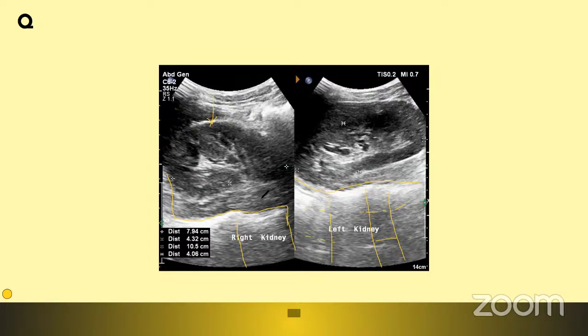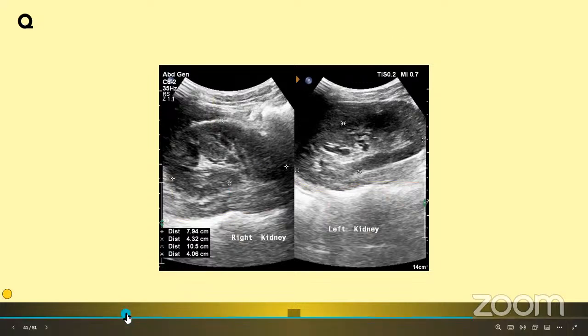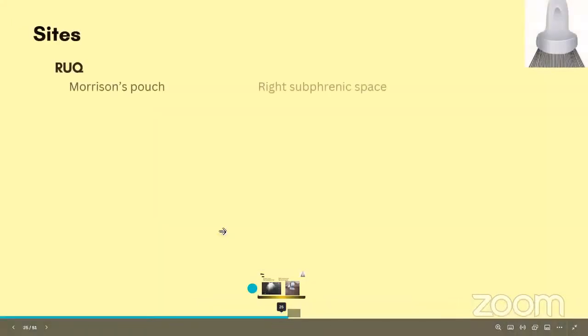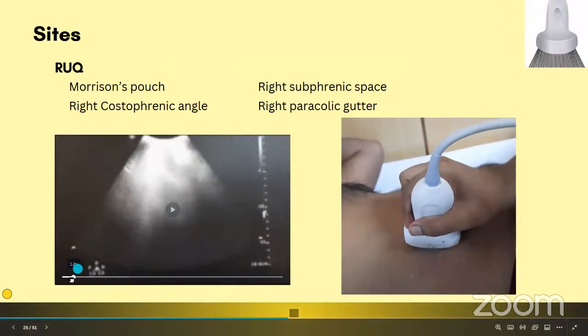So what is this artifact? We saw it earlier, just about 2 slides ago. This again is PAE, posterior acoustic enhancement, which signifies that since we are having acoustic enhancement here, how to say whether this is acoustic enhancement or something? So again, the main answer is you need more experience. And also, this is what I learned intuitively, one of the things which I saw while I was doing ultrasonography on my patients. So if you see here,